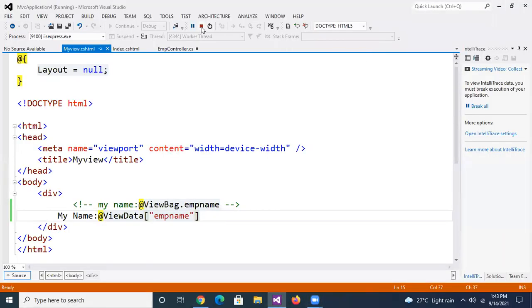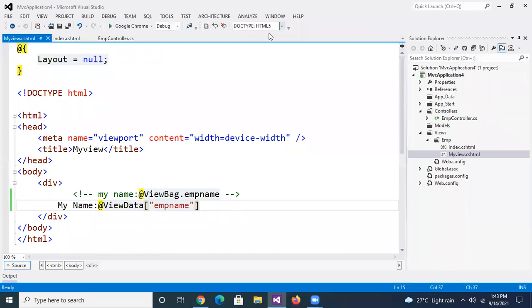Okay, next we'll go for the model. Next one is the model. How to do the model? Everybody understands the controller? Yes, sir. And the view. So controller and view you both understand, right? Now we'll go for the model. How to use the